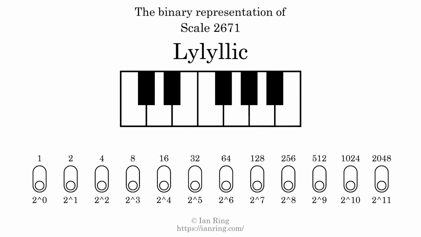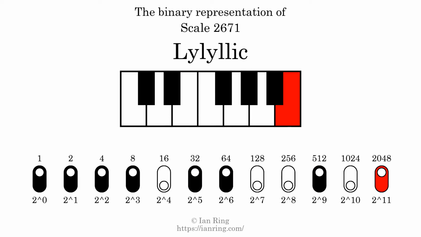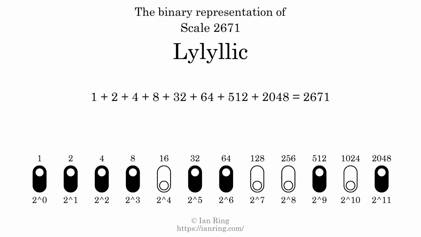The binary representation of this scale is determined by mapping tones of the scale to binary digits. Each binary digit represents a power of 2. To get the scale number, we add the powers of 2 together. The powers of 2 that are present in the scale, all added together, equals 2671. That is why the scale number, in decimal, is